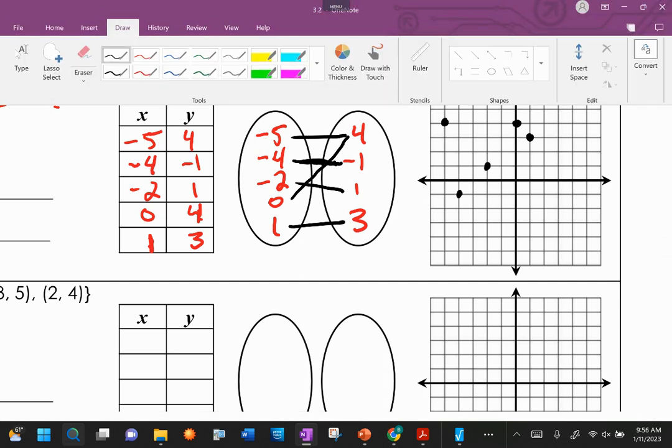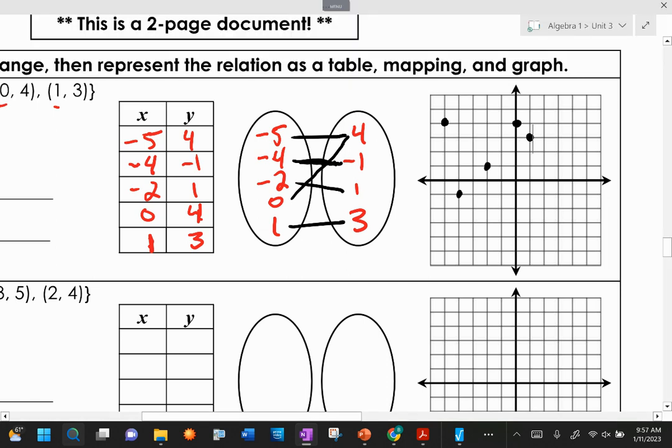I would prefer it for you to connect these. It's not necessarily even necessary to answer, would this be a function or not? But it does kind of help with the representation a little bit. So I would just always connect them as best you can from left to right. Sometimes they'll come out a little janky, but if all your other information is saying that it should be a function, and your graph ends up, I don't know how you'd even do it, but actually, so like if you drew your line